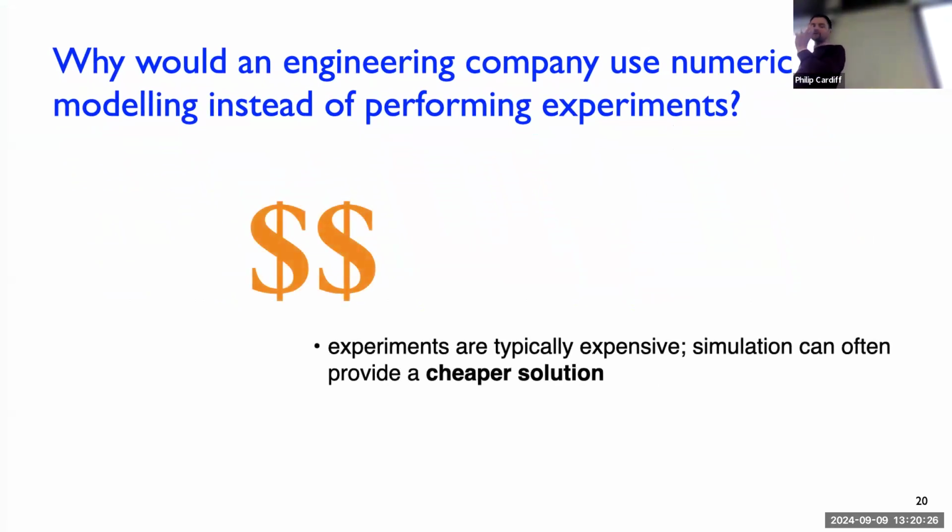So primarily, experiments are normally expensive, and simulations can often provide a cheaper solution. So I'm not going to make a categorical statement. Sometimes models can be very expensive as well. But often experiments are more expensive. But that's not always the case. Sometimes with something small, you can just make it and test it. That's quicker and cheaper than doing the